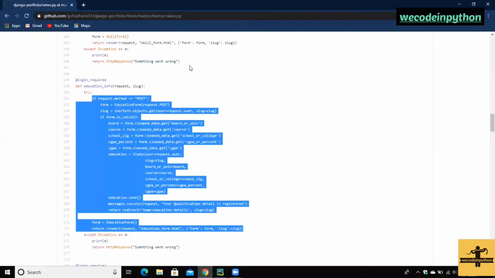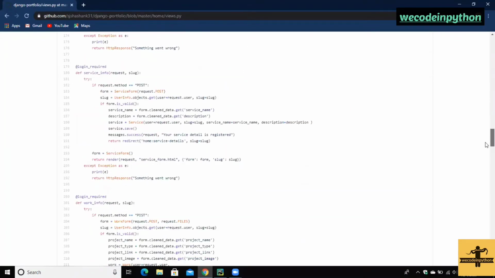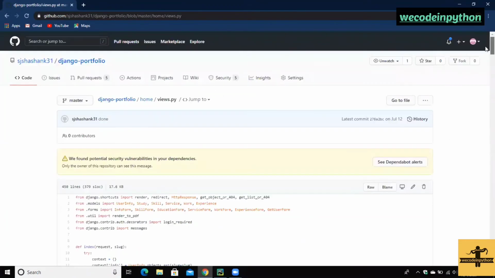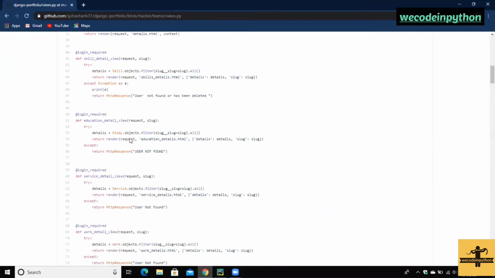Let me check for the GitHub code. So this is the education detail. It is written that filter slug equals to this and this. So user must be the same. So this is also a valid point. So this is okay. Let me check for the